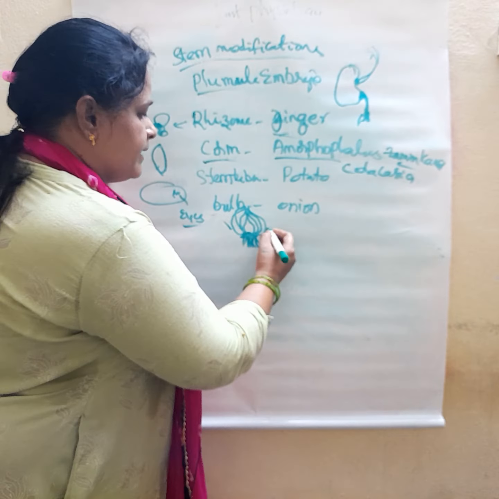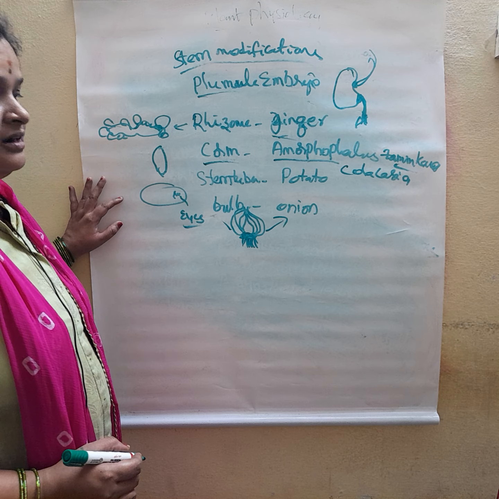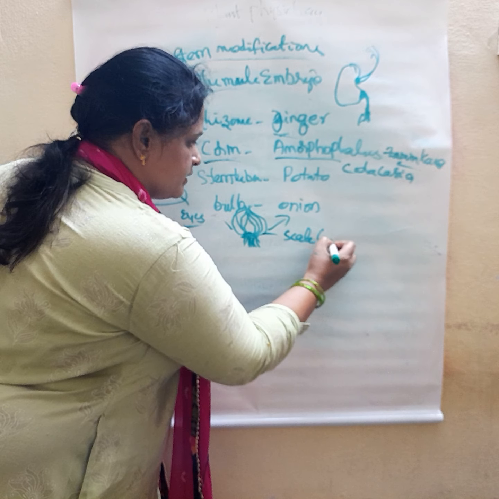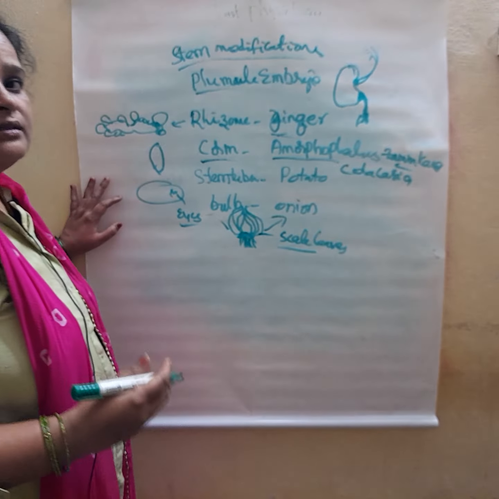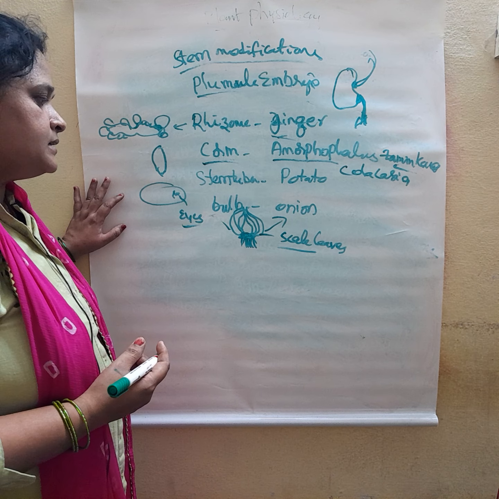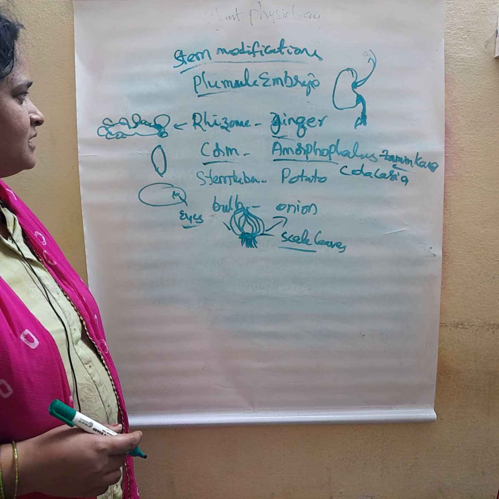That is called a bulb. Example is onion, Allium cepa. Scale leaves are storing food material. Leaves are reduced to scales, right? That scale leaves are storing food materials and become bulbs. Okay, that is bulb. So for this tricky sentence,